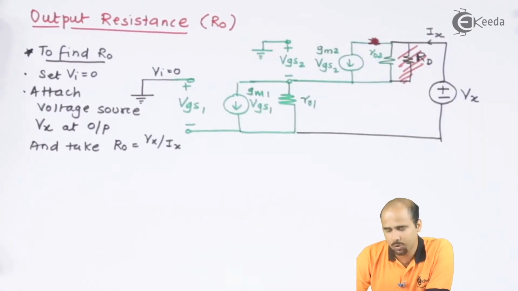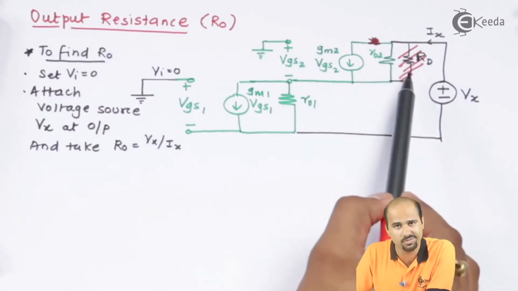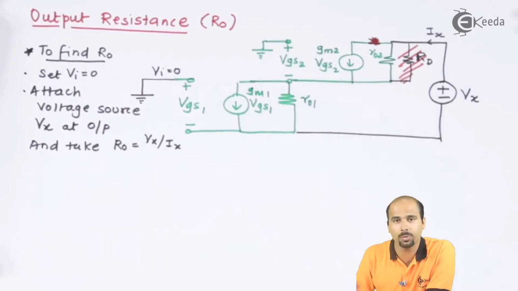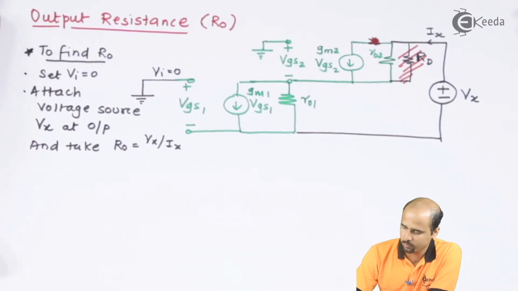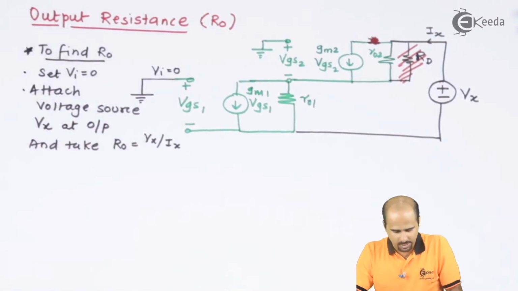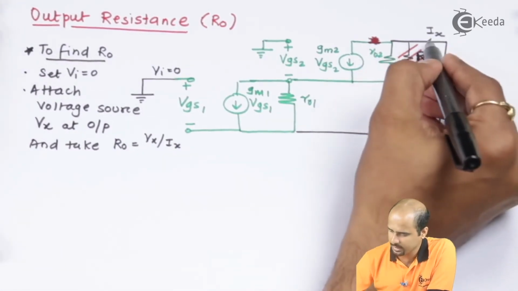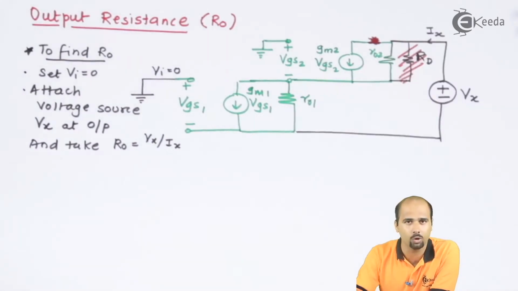Now after conclusion of the voltage gain, we'll have to again move further for this output resistance, right? Now as far as output resistance is concerned, yet we have not covered with the external resistance RD. Okay, we will plan to have what will be the output resistance for the M1 and M2 itself, right? And let's try to find out what will be the output resistance. Let's start with the KCL equation, and I know that this is the output resistance. Suppose I want to find out output resistance.